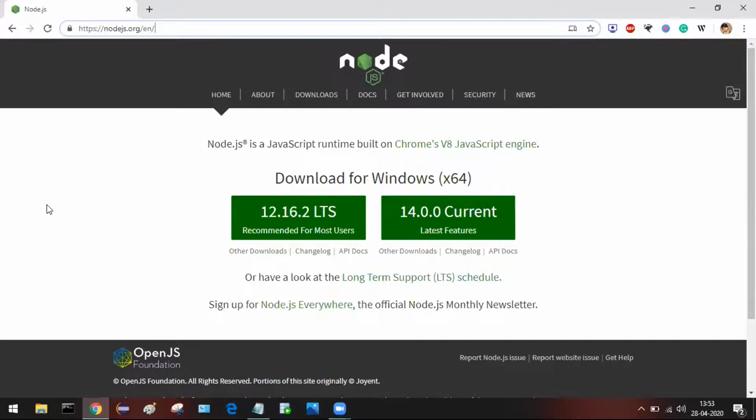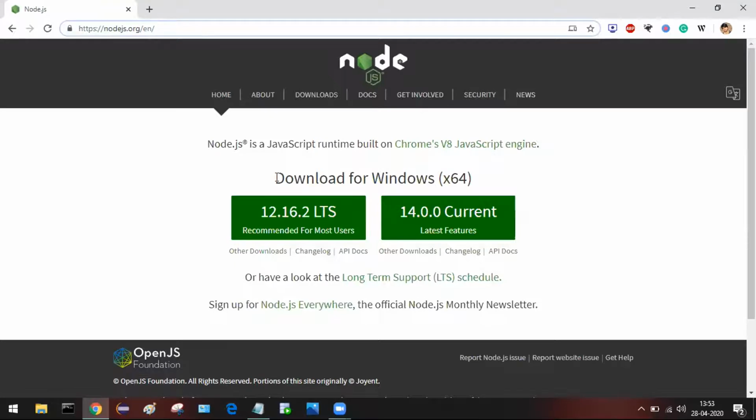Now on the home page itself, we have the options to download Node.